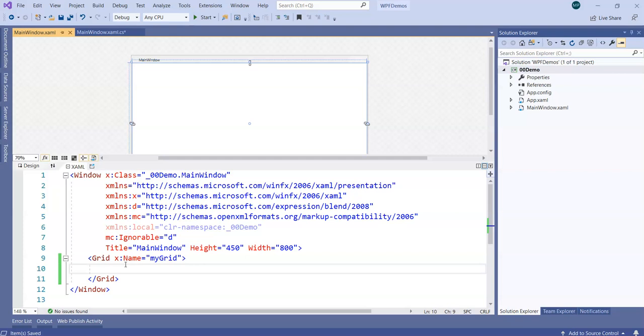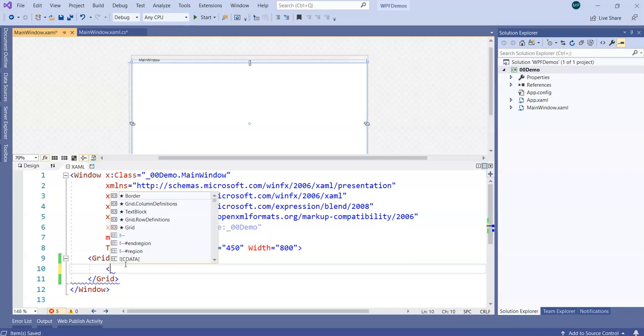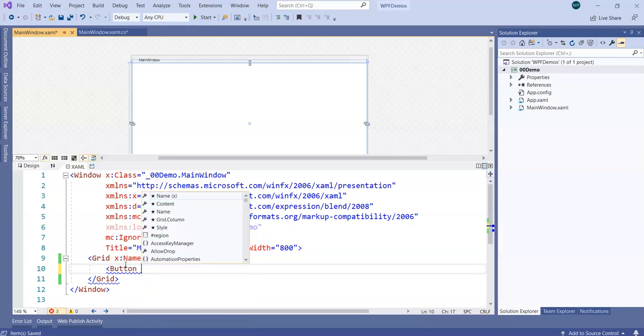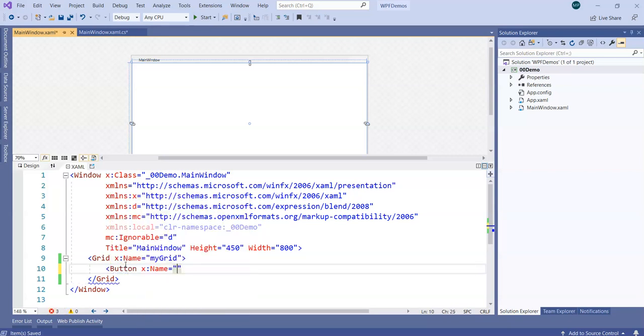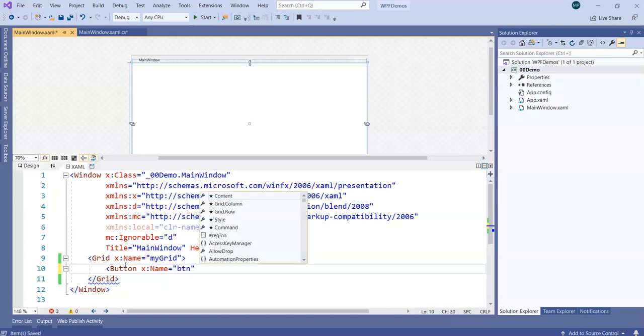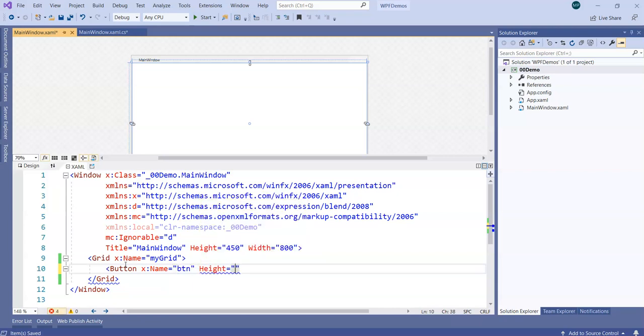Sooner or later you will find out this XAML is going to be super complex. To understand what each attribute, each property means in XAML, it's a best practice that you start coding in the XAML itself. So here we go. I have a grid. What I'm going to do is add a button here. That button is going to have a name, let's say BTN. Then I need to provide a height over here. I'll put the height as, let's say, 80.